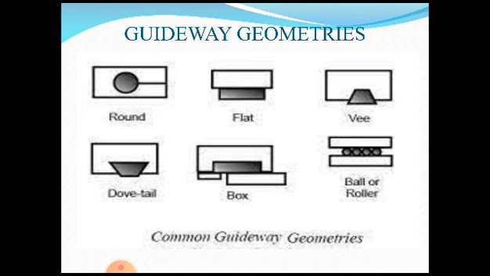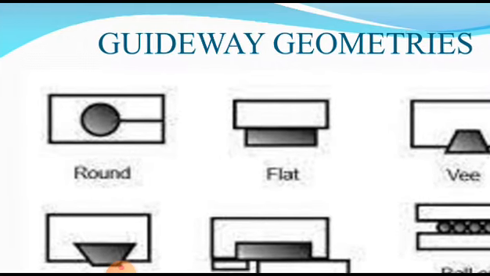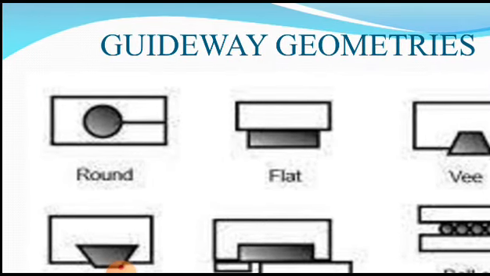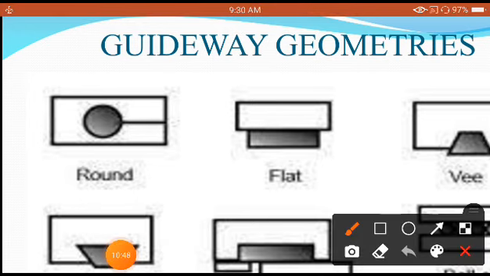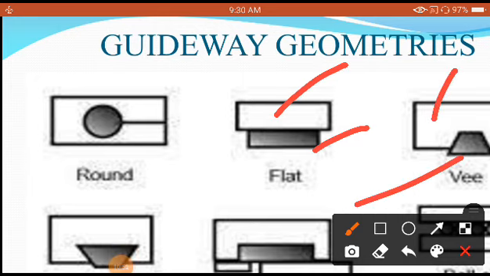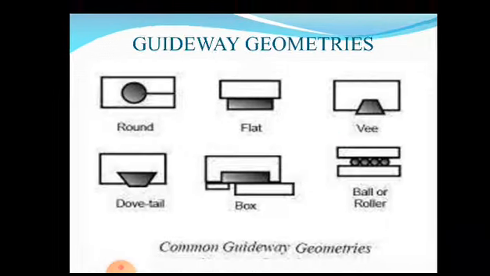As you can see clearly here in the round type, remember that everywhere there is one moving element and another fixed element. Moving element, fixed element, like this. So this is how it is going to work out.